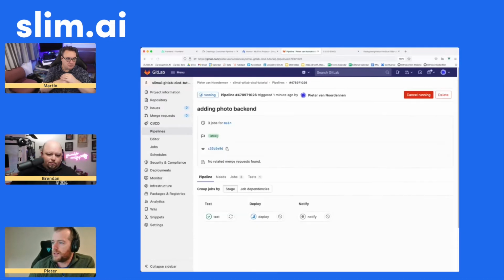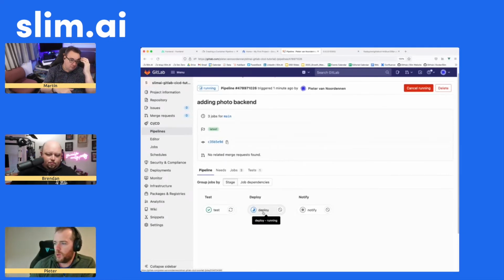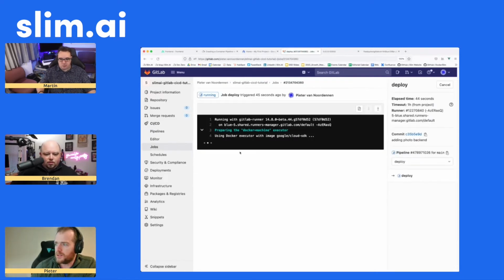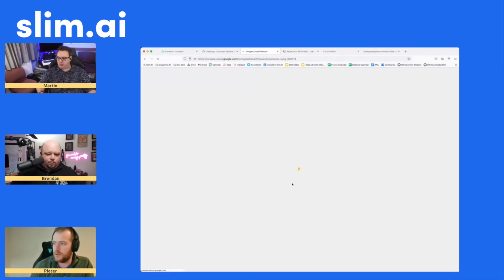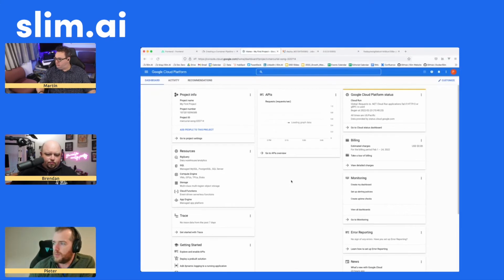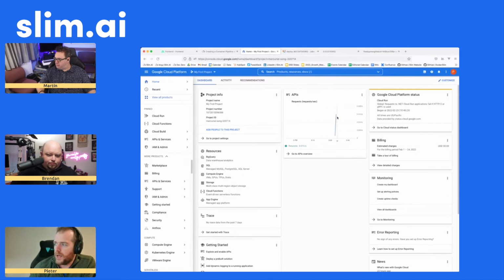So this one's still running. So now we're on to this deploy phase. We've completed our test. We have our app spun up, and now we're deploying, and this is going to our Google Cloud instance. And if I bump over here to my Google Cloud platform, I can actually see that now